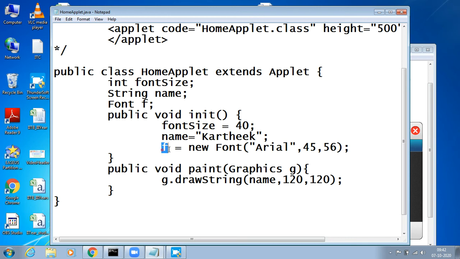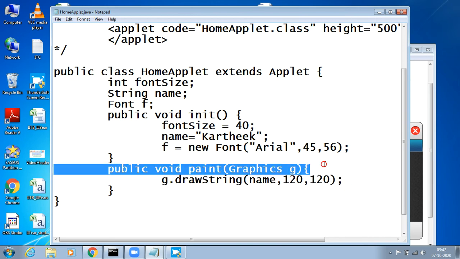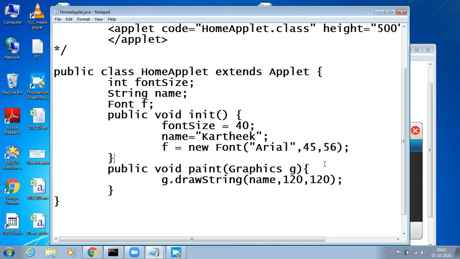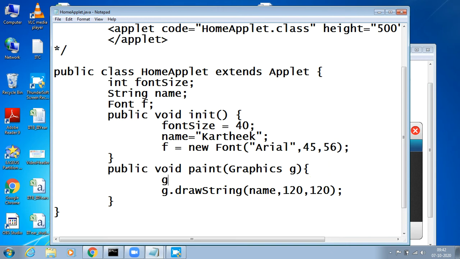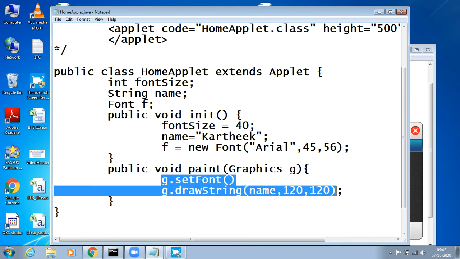Now I have created a simple font and I want to apply this font to this particular graphics class. To apply it to this graphics class, simply say here, we have a method for the graphics class, g dot setFont. setFont is a method which is used to set the font on the applet.